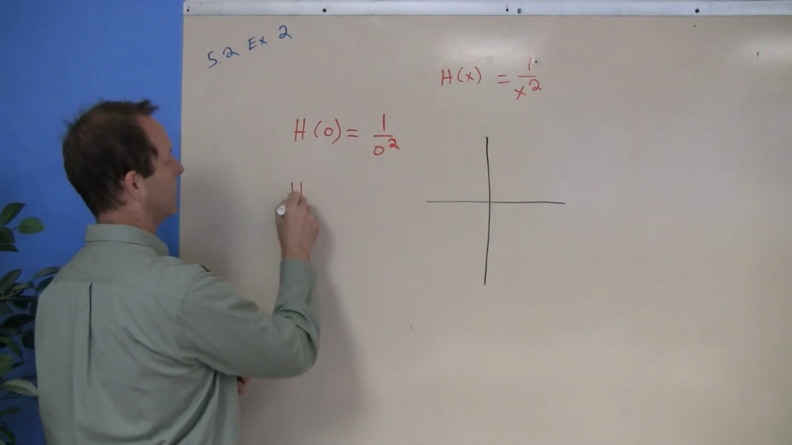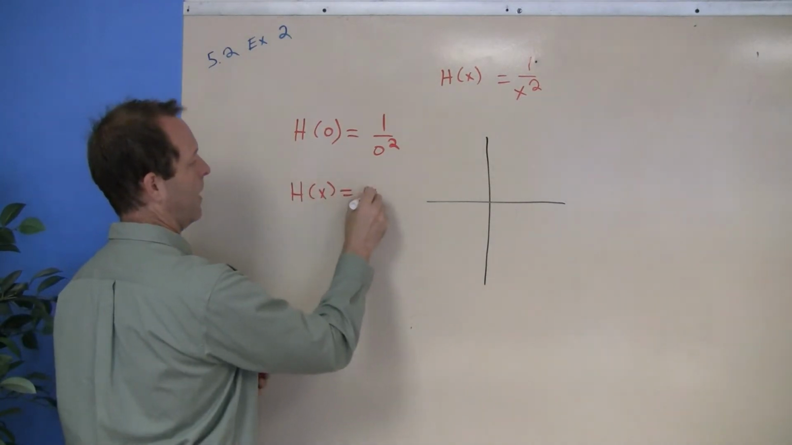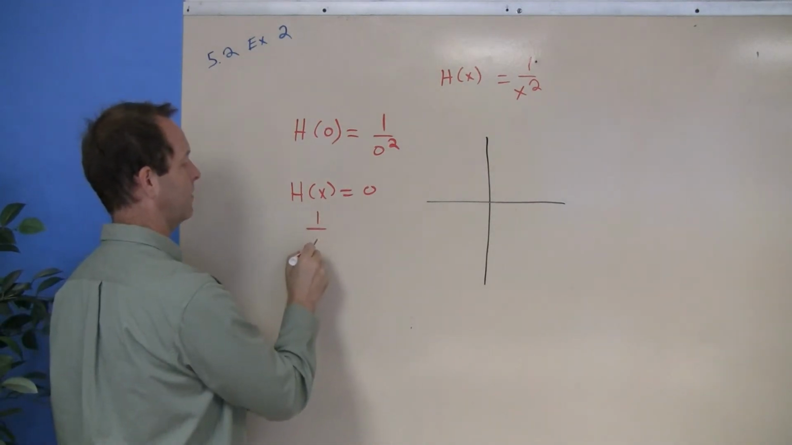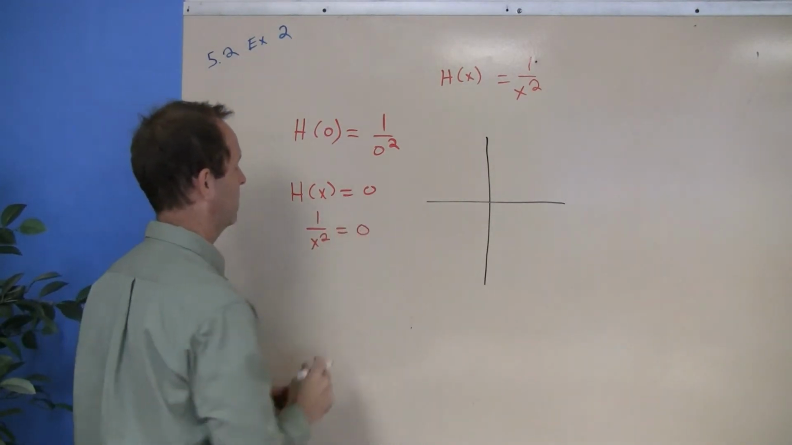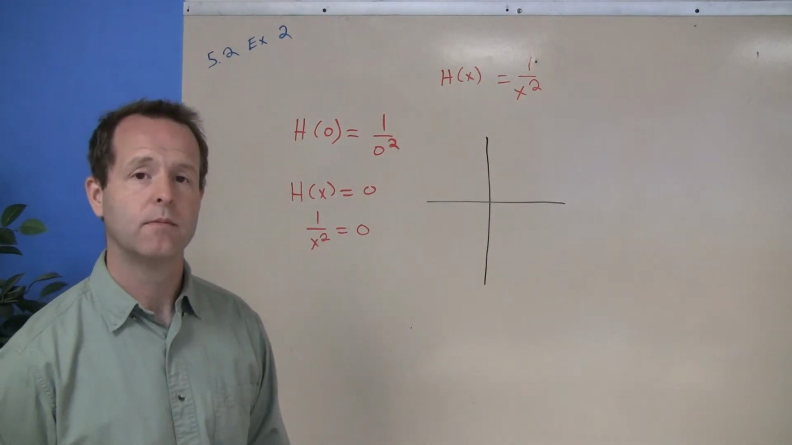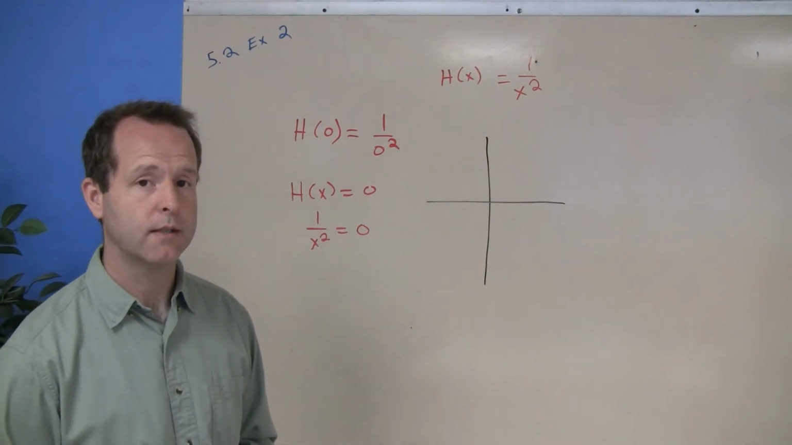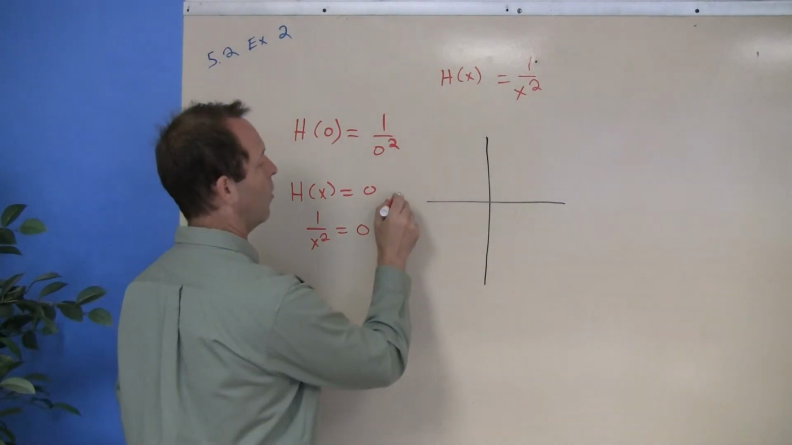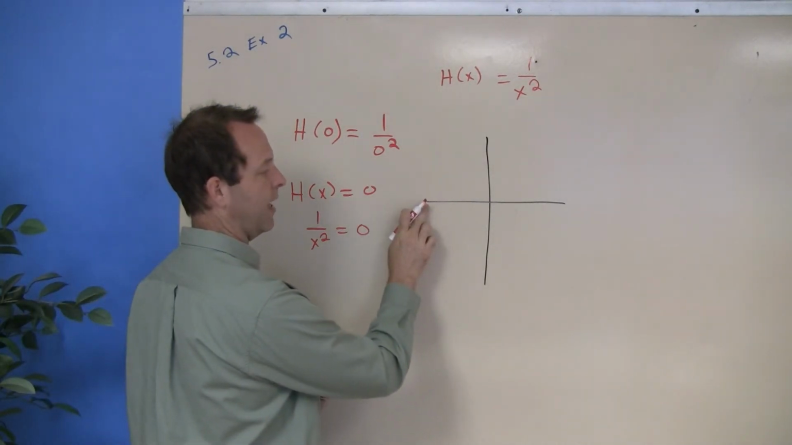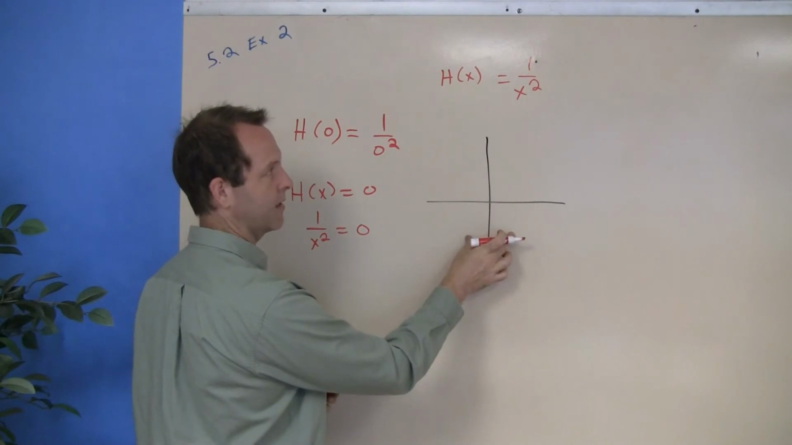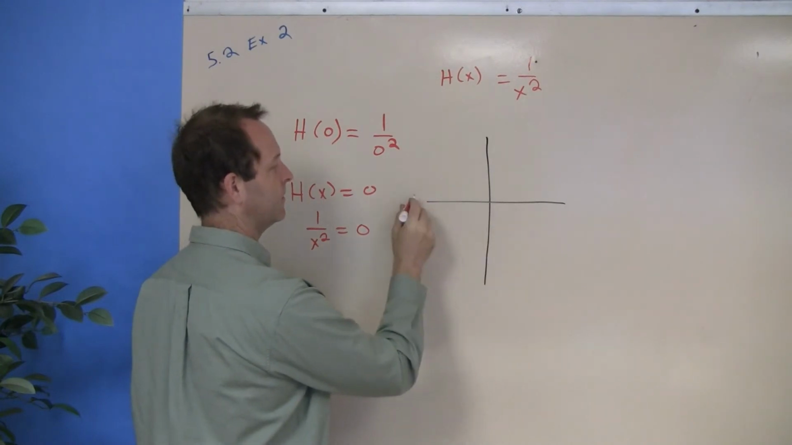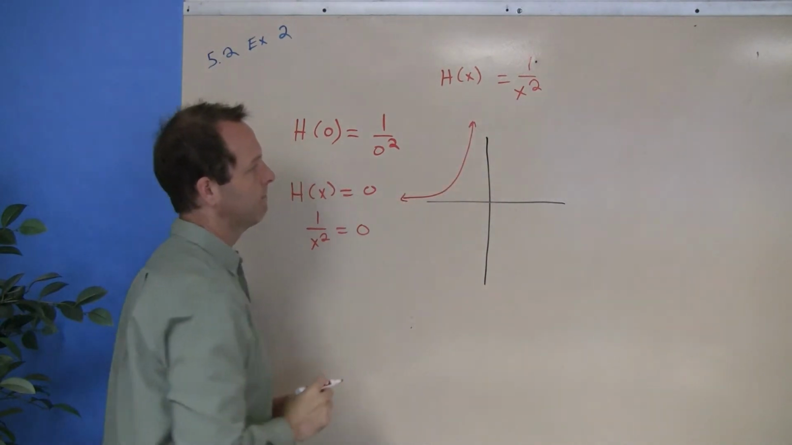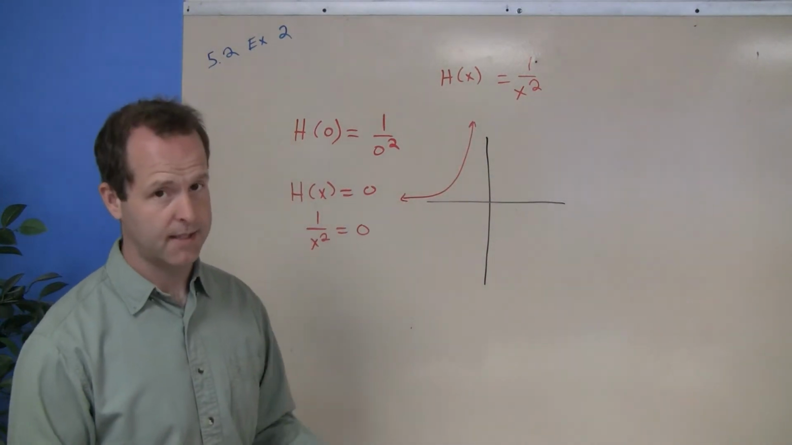Additionally, if I set my function equal to 0, I can't find a time when that is the case either. So there are no solutions. So my graph will start to take on a look where it doesn't cross the x-axis or the y-axis. So that's one side of it, and since it's symmetrical,